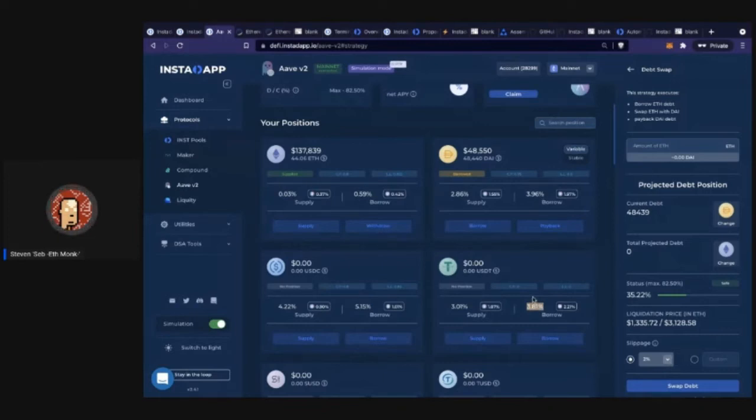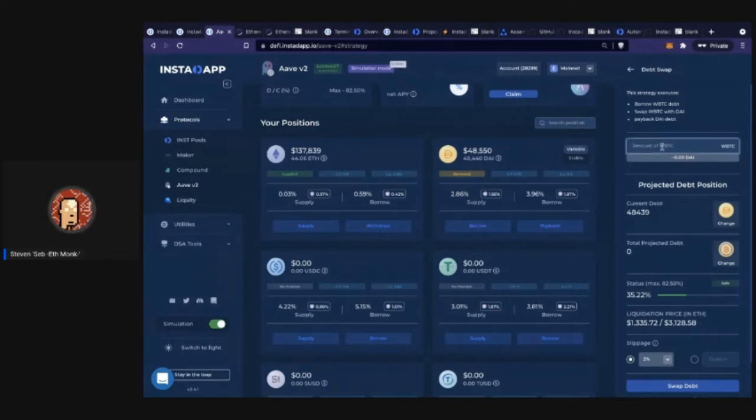The more interesting thing that you can do, which requires a little bit of market knowledge and you have to be a trader, is you could potentially short your debt. Let's say you were thinking, okay, the price of Bitcoin is going to go down. You can actually trade your DAI debt into Bitcoin debt. So let's actually do that right now. I want to trade that debt into Bitcoin debt, which is kind of interesting.